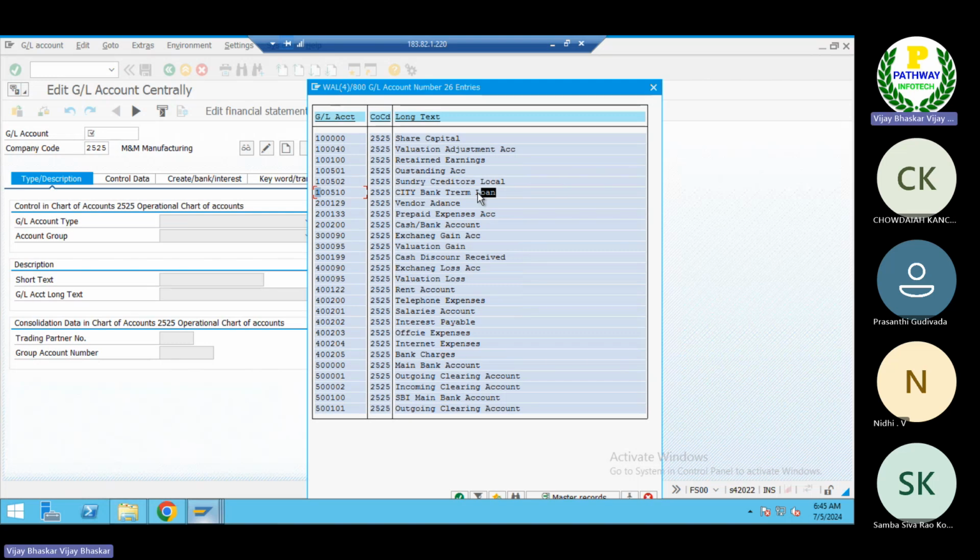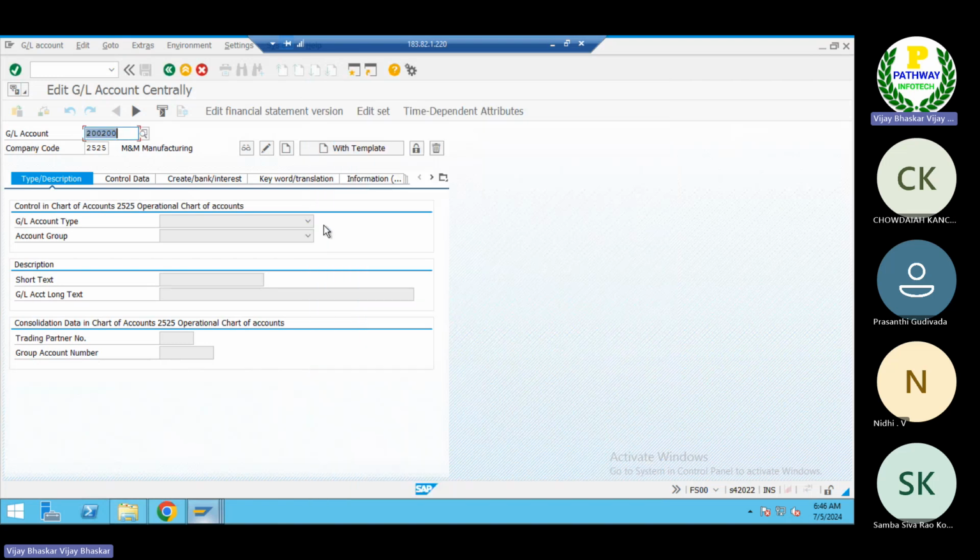Okay, so now let me enter the account. From which account do you want to make the payment? Let me select the bank account, right? Cash.